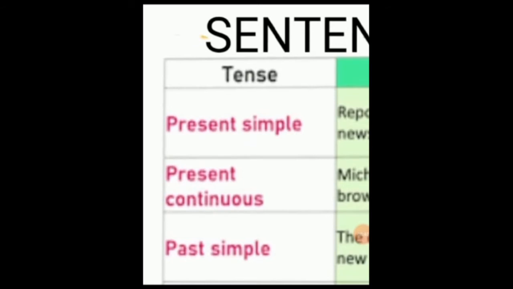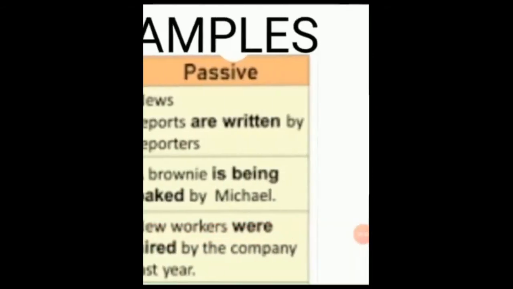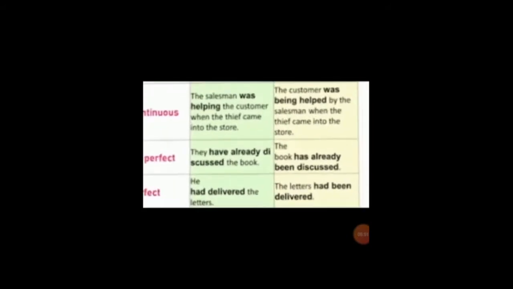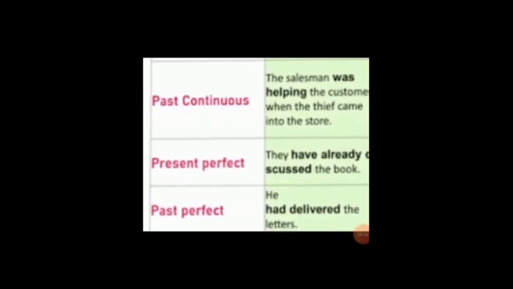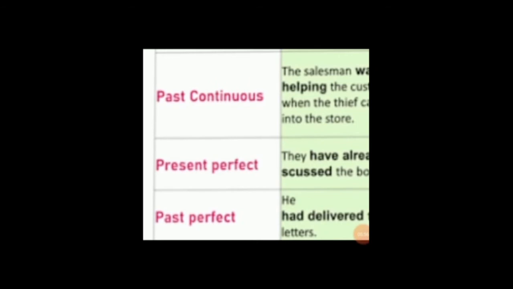So these auxiliary verbs are used while we convert the active voice into passive voice. Okay. Now the next slide is some more tenses and some more active and passive conversion. Now let's look into past continuous tense.